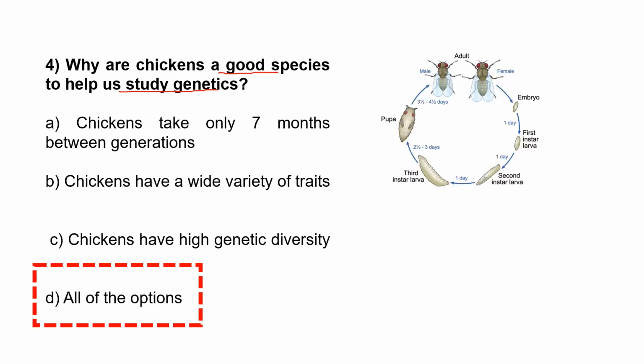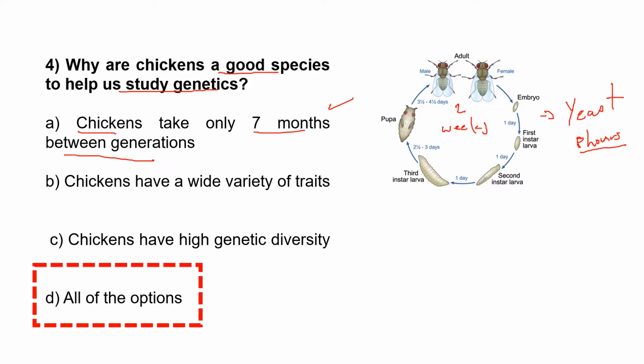If you remember, chickens take only 7 months between generations. On the other hand, humans will take years. So these 7 months is a more or less rapid generation. It's not as fast as fruit flies, which take about 2 weeks for a new generation. And yeast, if you remember that we talked last time, is every 8 hours. So these breed even faster. But yeast is not as close to humans as chicken, and so chicken have some advantage.